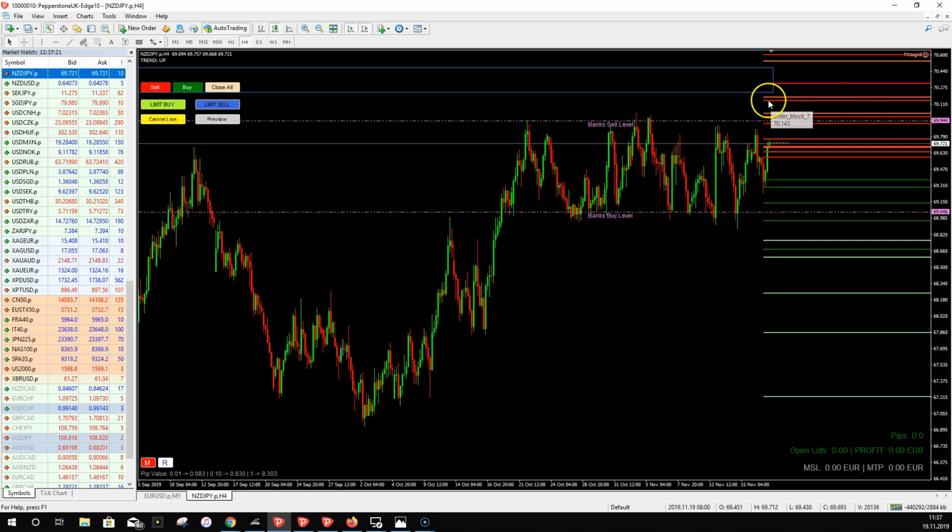A strong one and a normal one close together, then a normal one, and again here a strong and a normal one close together. One opportunity, of course, would be that in this complete area, from where we have the beginning of these two strong zones until here, we make a grid trade, for example. We could do this with the auto trader from Metagrid, for example, placing the sell